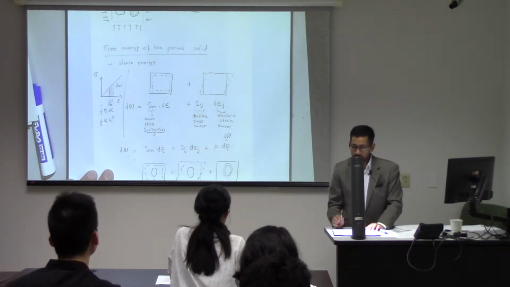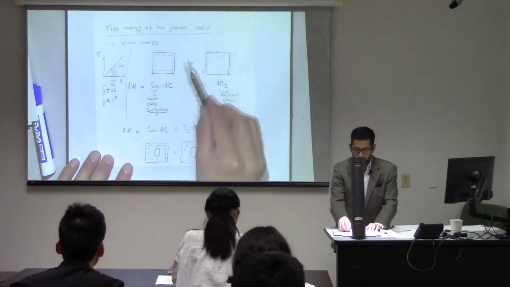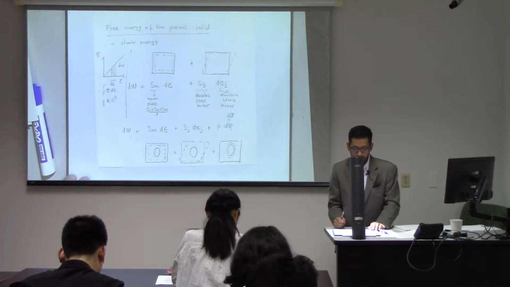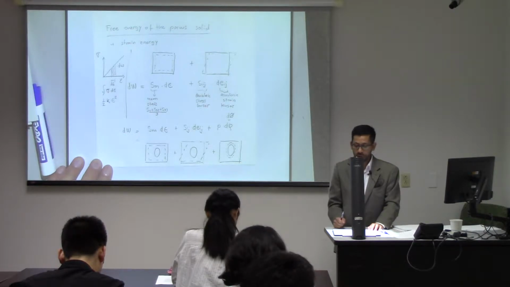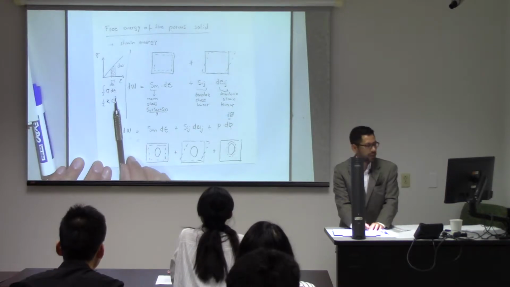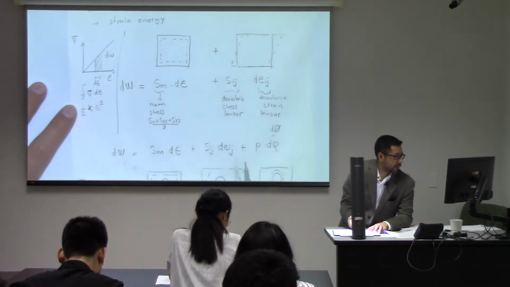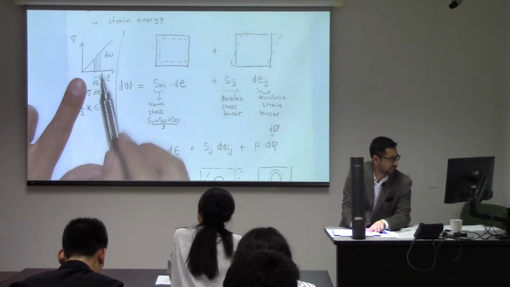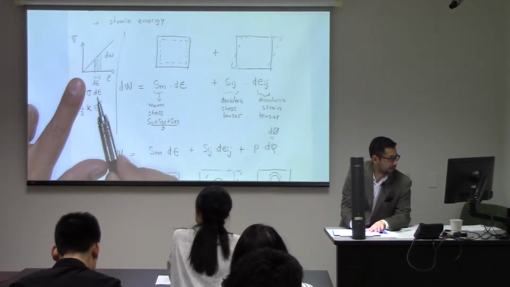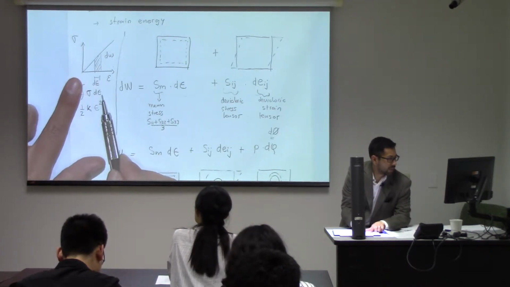In order to solve the poroelastic equations, if we work on a derivation based on thermodynamic energy, we need to talk about the energy of the porous solid. There was a small mistake here in my previous notes. I fixed it now. So let me explain that. Any addition of energy, all this shaded area, is going to be a differential of strain times sigma, which is that. If you take the integral of that,